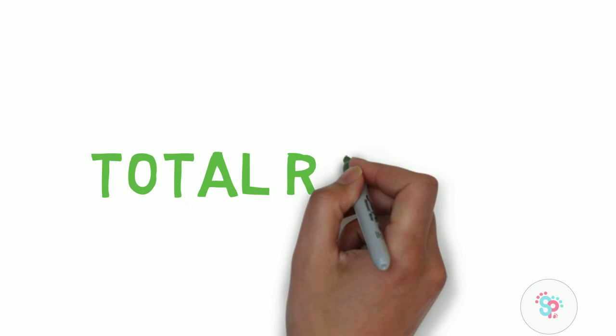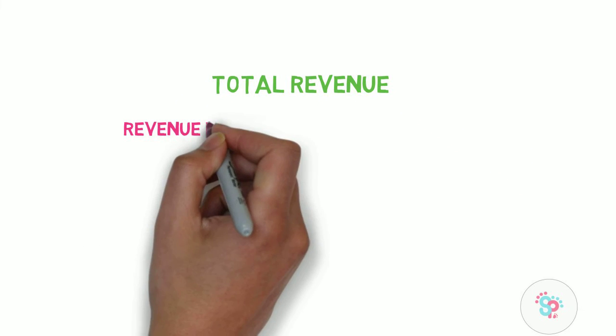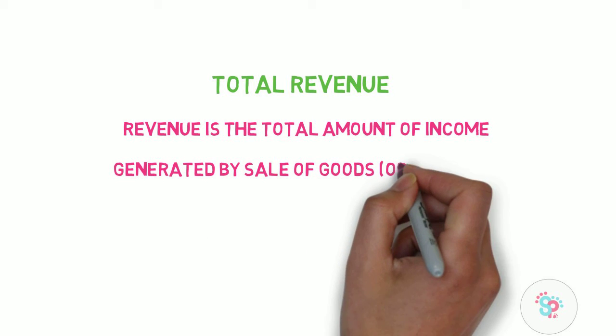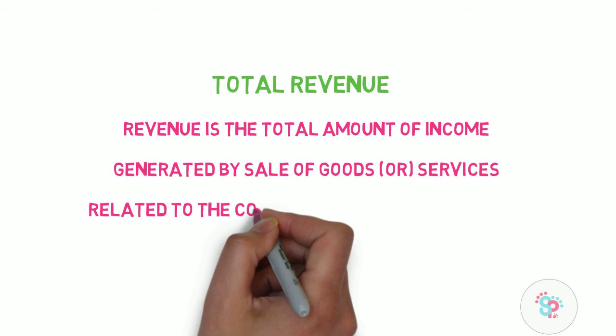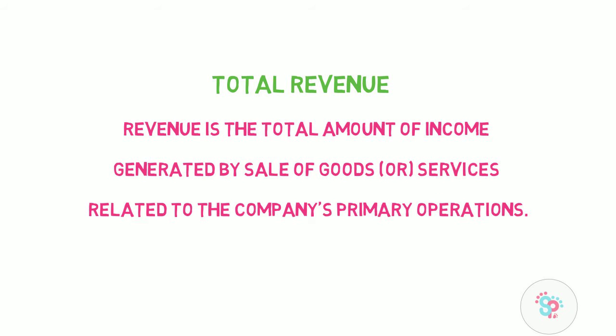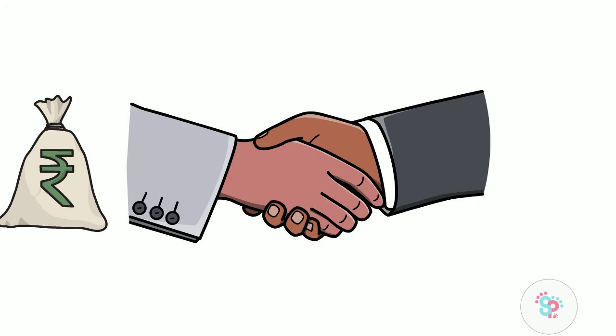In this video, we are going to discuss total revenue. First of all, what is revenue? Revenue is the total amount of income generated by sales of goods or services related to the company's primary operations. Or in other words, revenue is the amount of money which the firm receives by the sales of its output